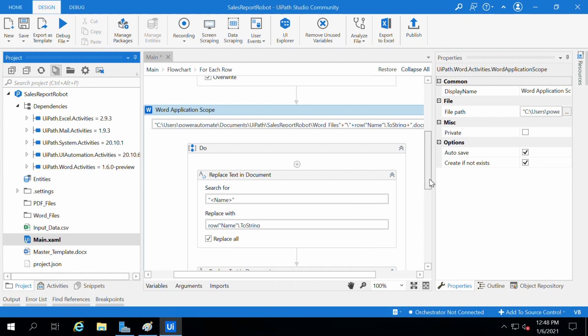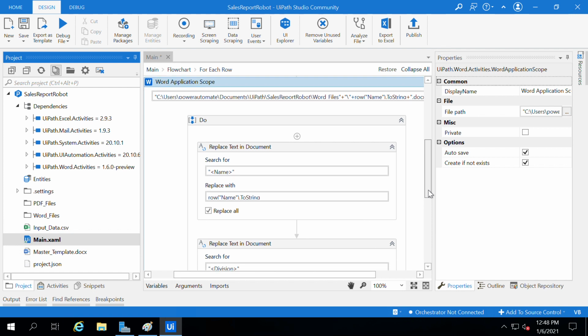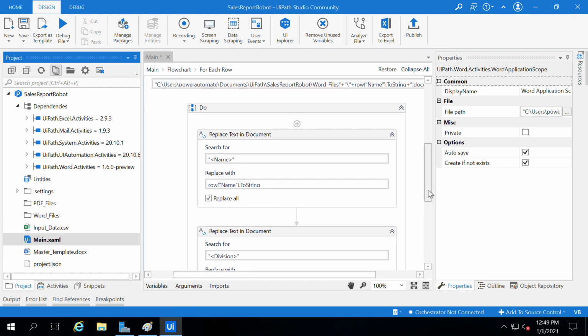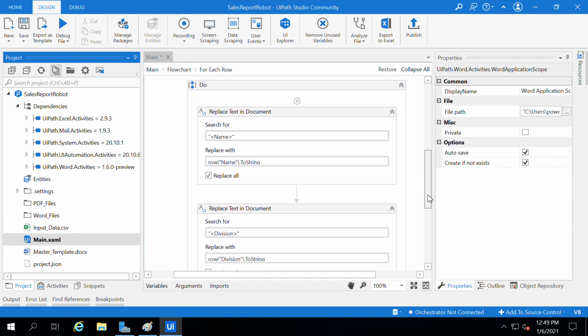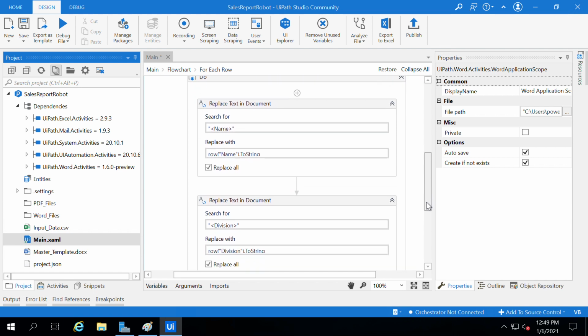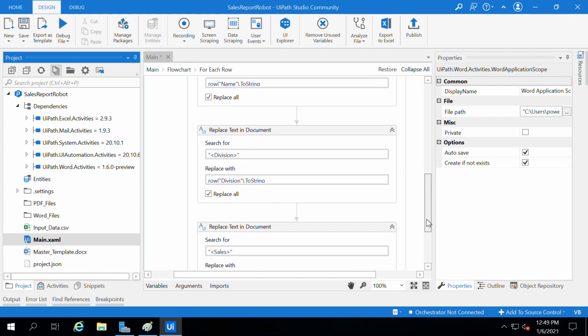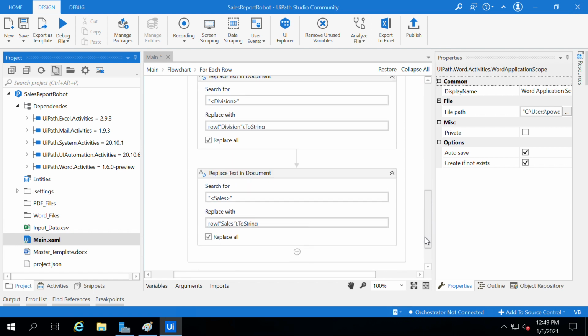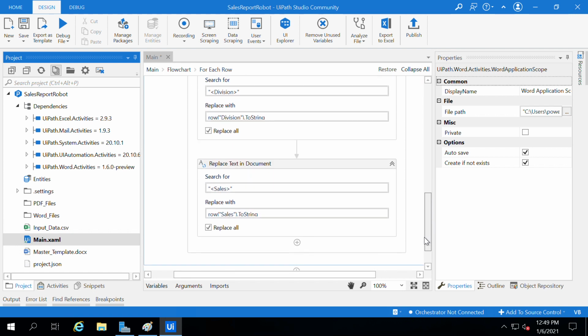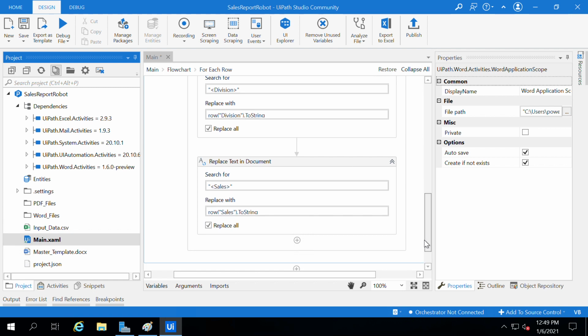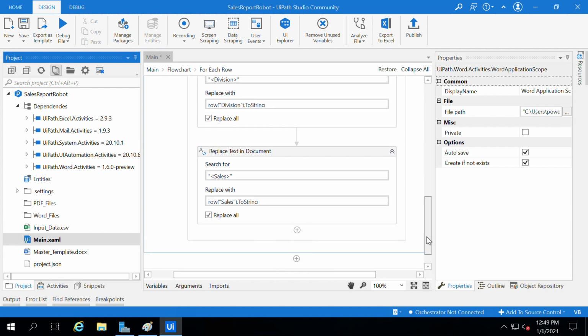I have also selected Replace All, so wherever it finds a match for the placeholder text, it will replace it with the name of the user or person. Similarly, I have done this for all the placeholders, name, division, and sales, with the respective data which we got from the CSV file inside the data table.